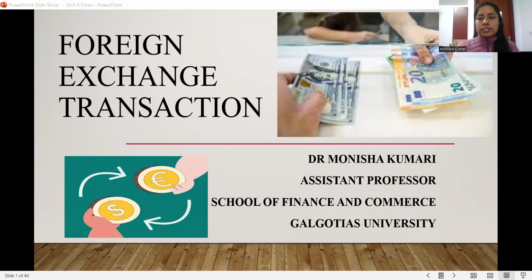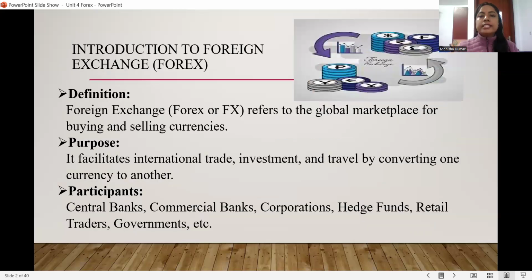If it comes to the detailed discussion about the meaning of foreign exchange, basically we can say it is the foreign exchange transaction, or forex, which is the global market space for buying and selling of various products and services, which involves the buying and selling of currencies also. So, for facilitating global transactions, investment or travel purposes, we need the conversion of one currency into another currency to settle the foreign trade which we are doing with the other